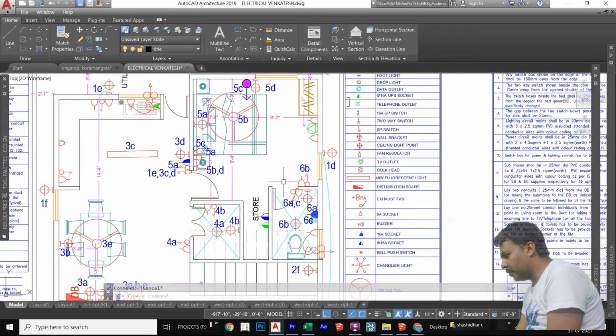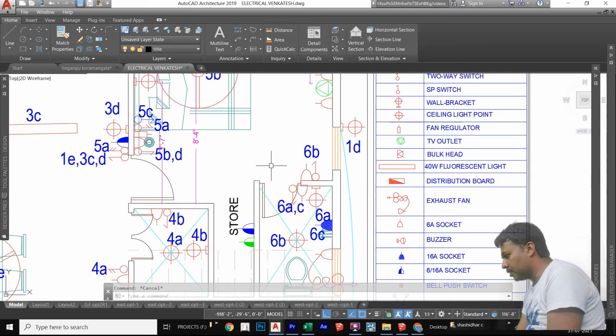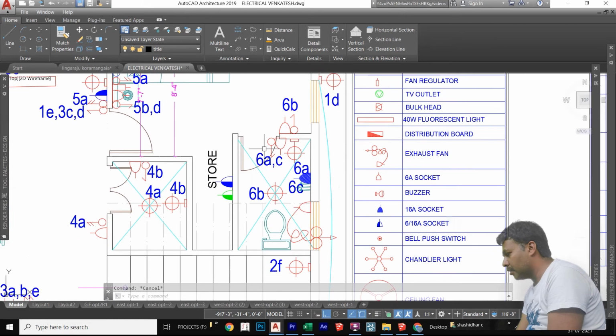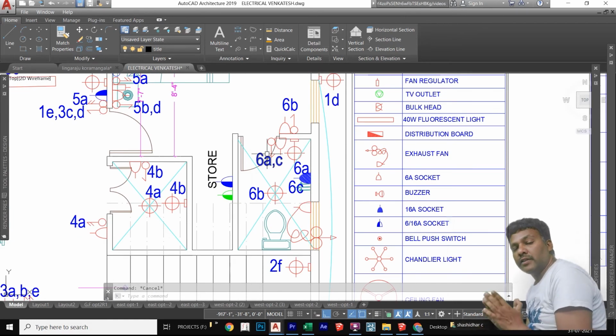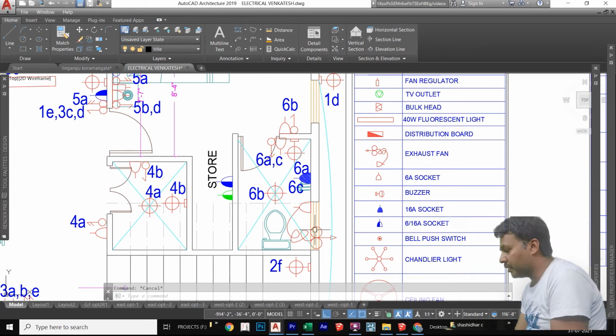Now once we enter, directly the bathroom is here. In the bathroom, in each and every toilet there are 4 points you require. One is for the exhaust, another is the mirror light point, third is the ceiling light, and fourth is the geyser.